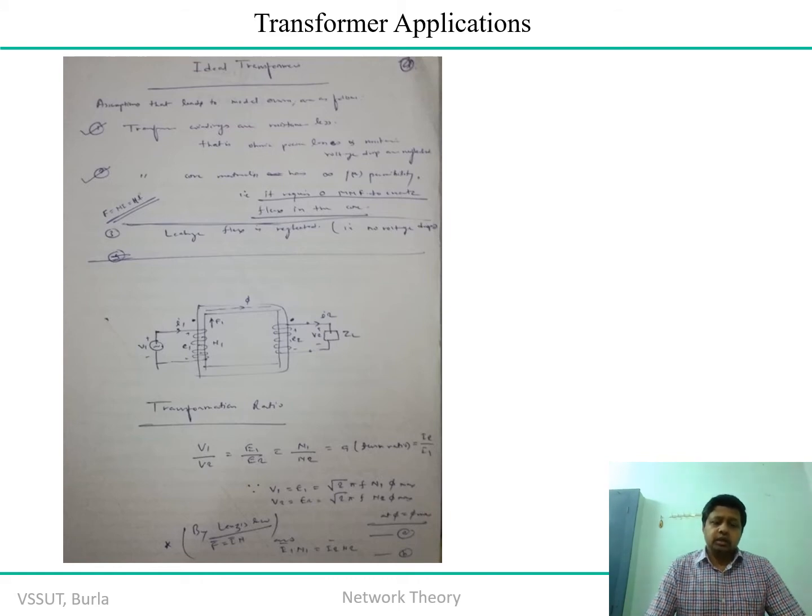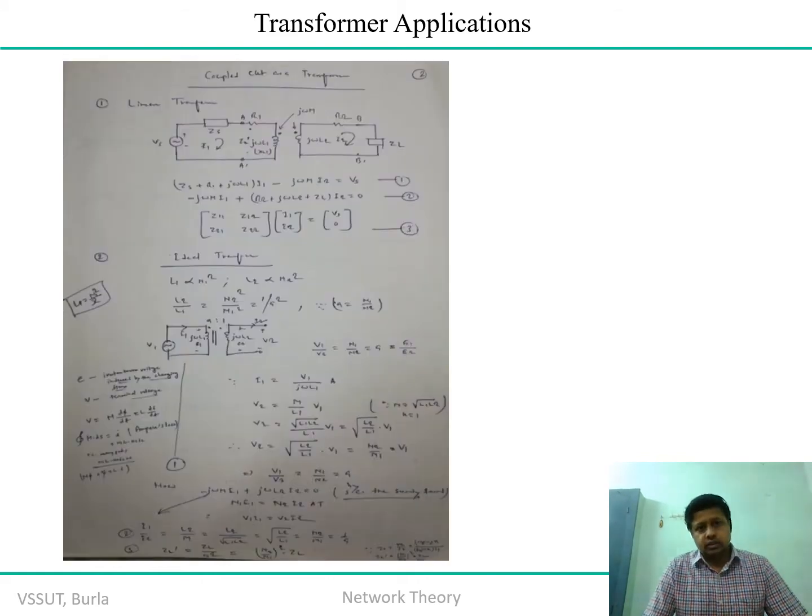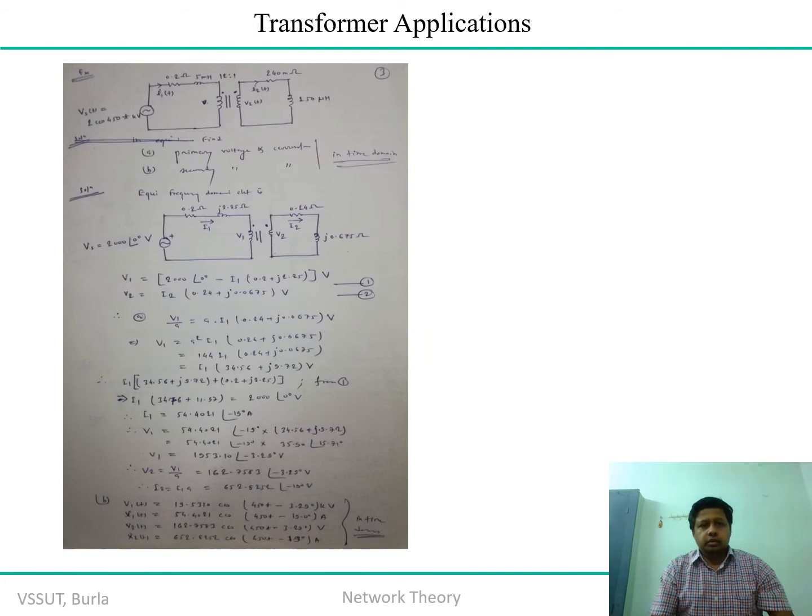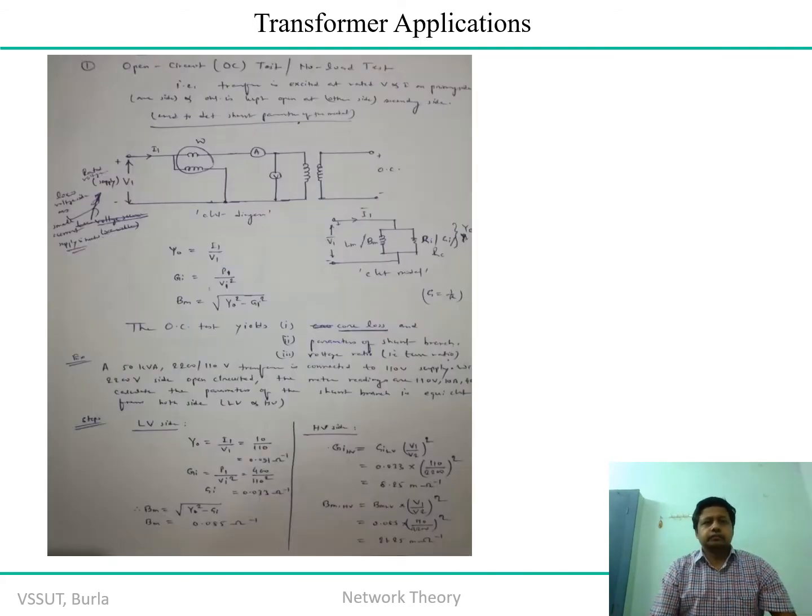And if you are going to consider the losses, obviously both the primary and secondary side will indicate a certain amount of loss, which in this linear transformer we have indicated with the help of R1 and R2, the losses possessed by the primary and the secondary side. So for the rest, you can apply the dot convention and try to solve the problem. It will remain the same concept, and I hope you will be able to develop the understanding of this particular problem. So let us proceed to the next slide.